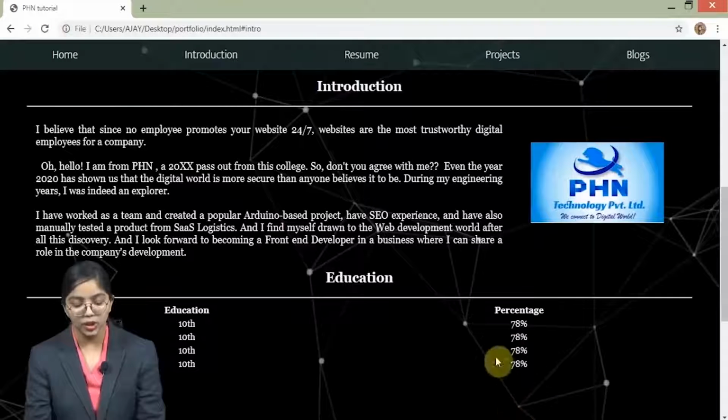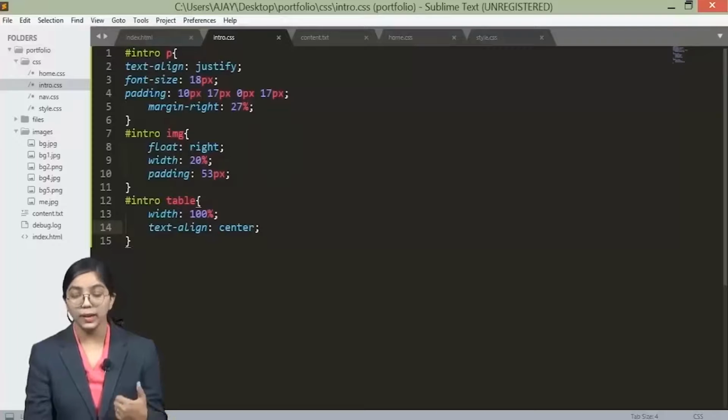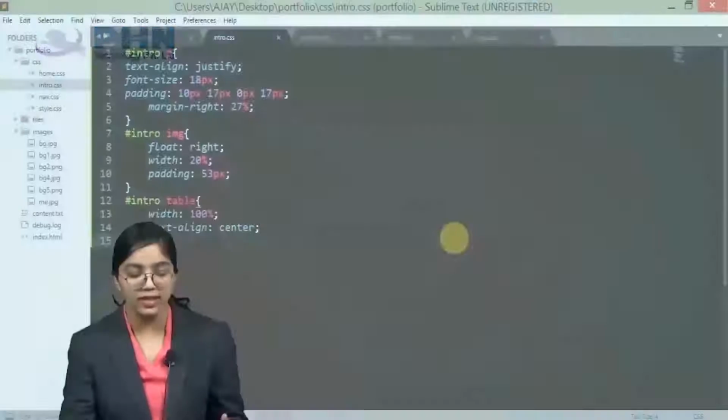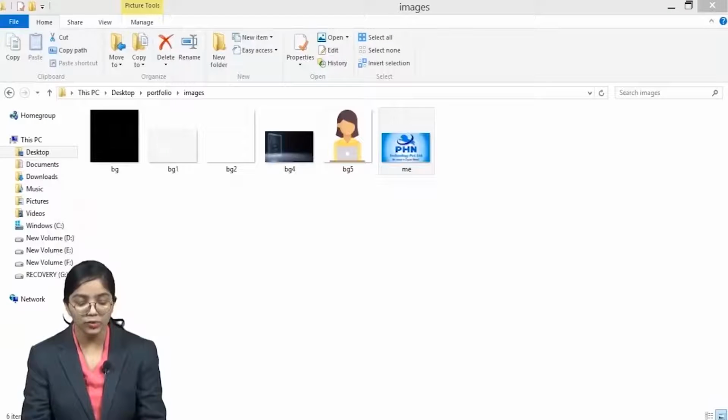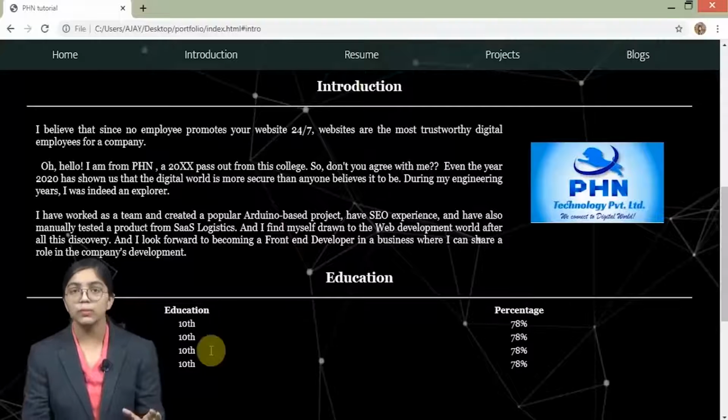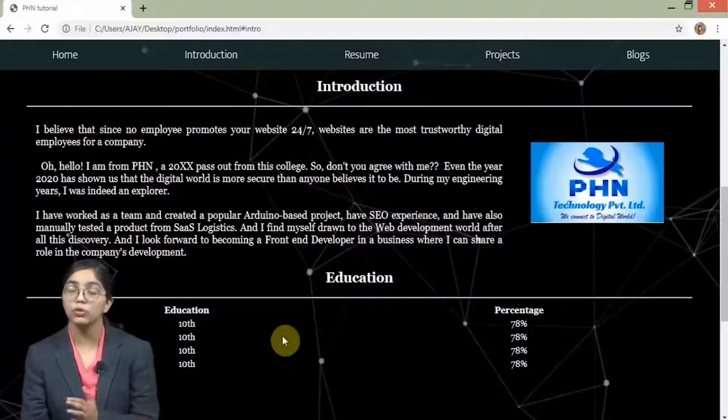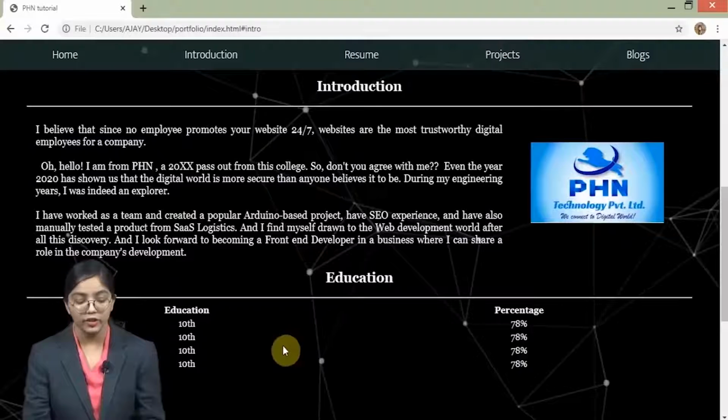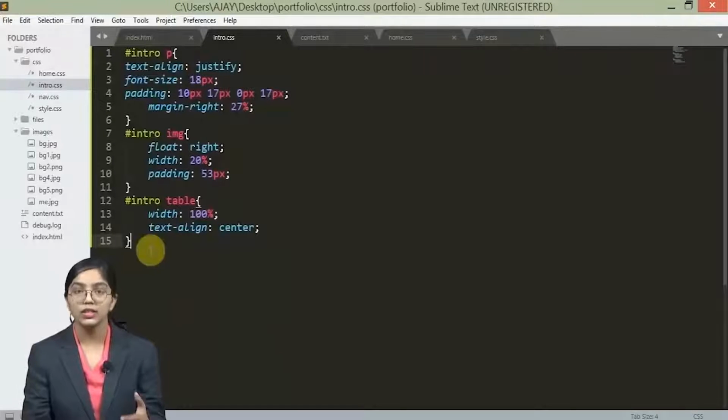Now after this, you can also give the border for this. You can apply different things over here. So after creating the table, I want to introduce the pseudo class selector. The pseudo class here is helpful for giving styling or giving some particular attractiveness to the elements, or the characteristics of the elements. Just like I have a table over here. What can I do with the table? I can take my mouse over it. So after I take my mouse on it, that particular row could be highlighted, right? So for that we use the pseudo class selectors.